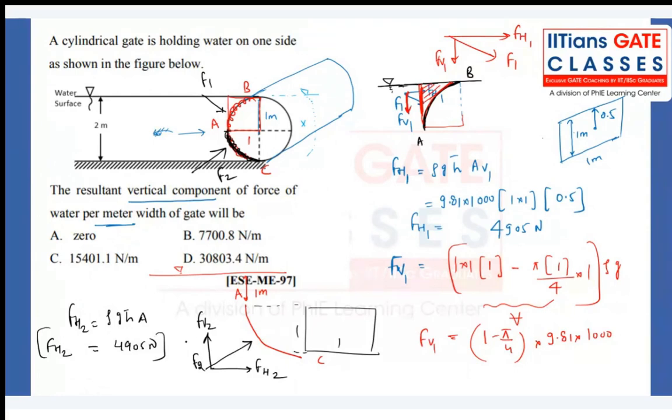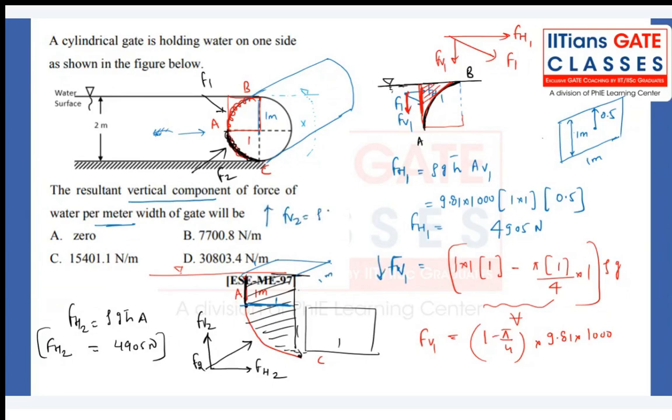Vertical forces will be the volume above the curved surface up to the free surface. So that is made up of two volumes. One will be this one, a quarter circle. The second one will be 1 into 1, and the width also will be 1 meter. So what we can write, FV2, that is in the vertical direction, downward,